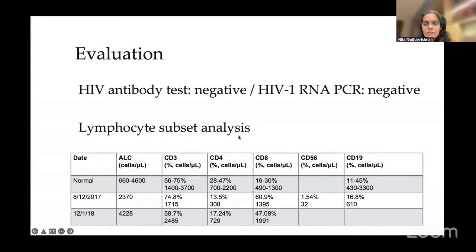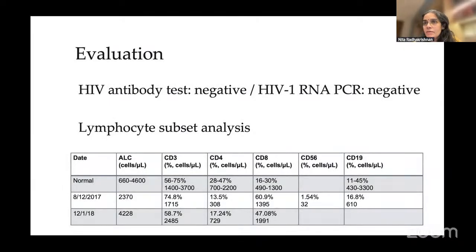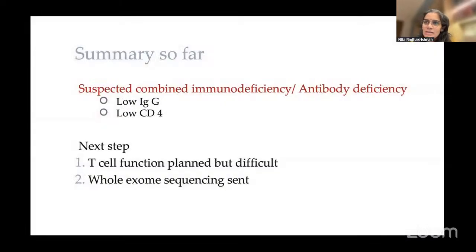We did run a lymphocyte subset, and that subset analysis also showed a little less CD4 actually. Nothing else came up here. So these are actually difficult scenarios. Many times when we teach, if you have a very garden variety, it would be very easy to pick up. But many times when we evaluate, 9 out of 10 times, it will be something complicated like this. If something is low here, it could even be acquired low also. There are patients who have CMV who can have a lot of cytopenias, especially T cytopenias.